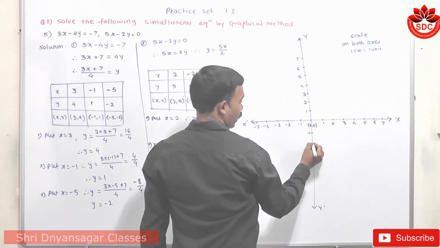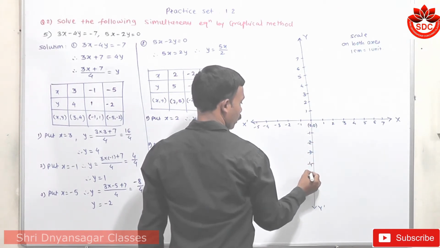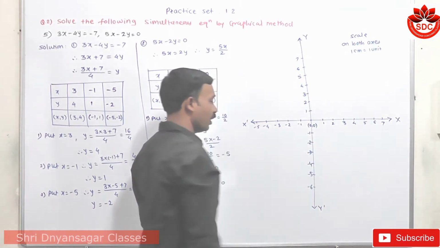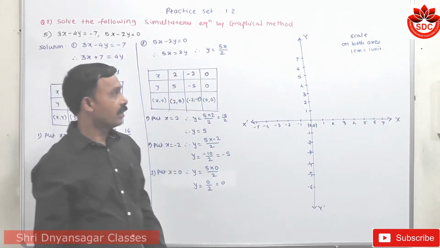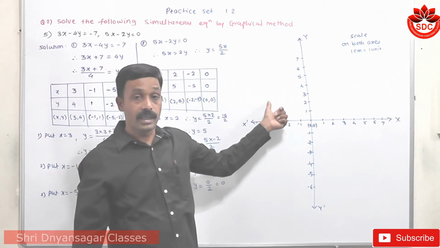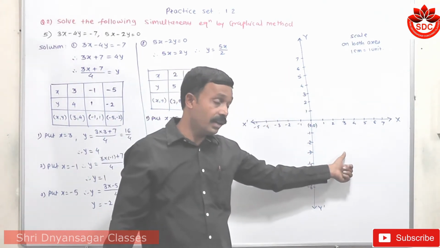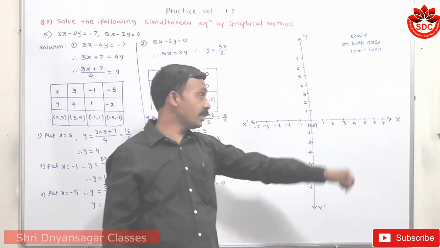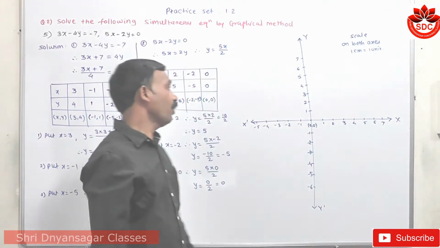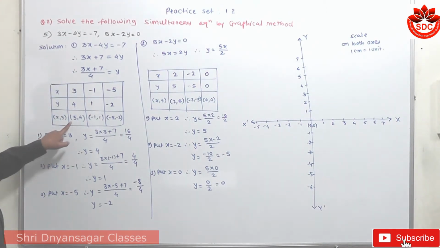Below, there are negative numbers. Students, all of you know in which quadrant the signs are. In the first quadrant, both signs are positive. In the second, the signs are negative, positive. In the third, both are negative, and in the fourth, the signs of the ordered pair are positive, negative. Now when we plot the line of the first equation, the ordered pair is 3 and 4, both positive, so it lies in the first quadrant.